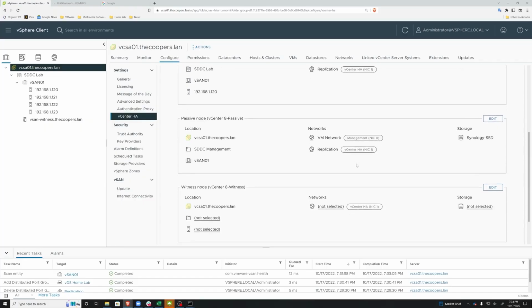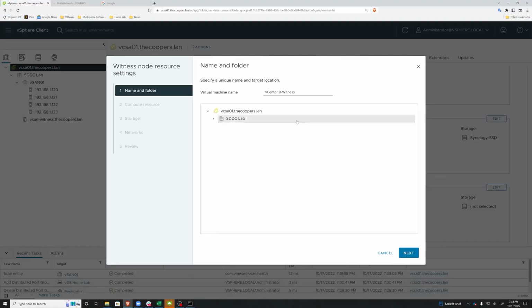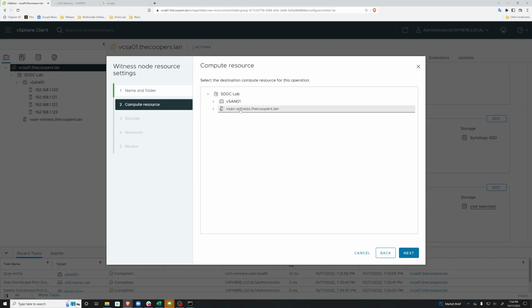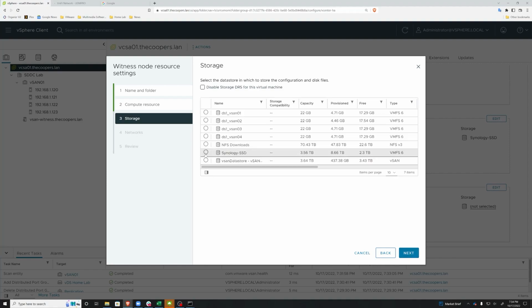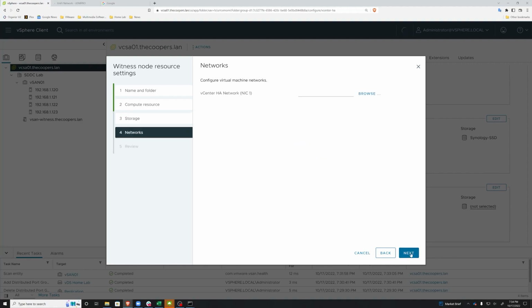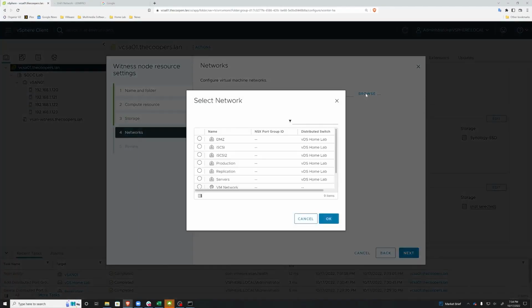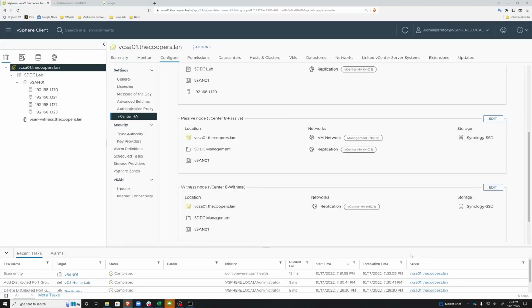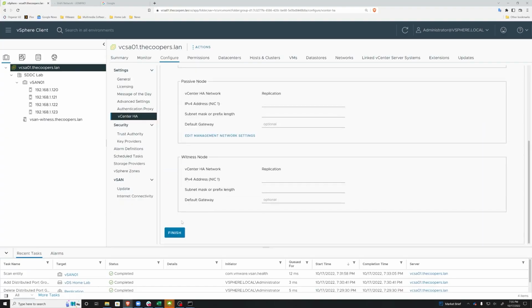Do the same thing for your witness node, except the witness node is not on your production or management network. It's just on the back-end replication network. So here you're selecting the compute resource and the location in vCenter's inventory, the data store, and again, the replication network. Once you click Finish and then Next,